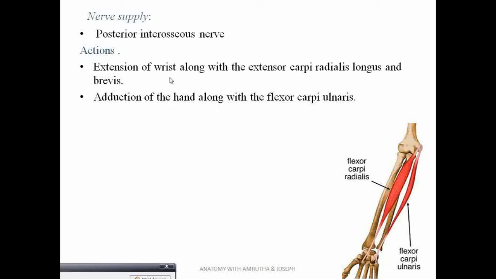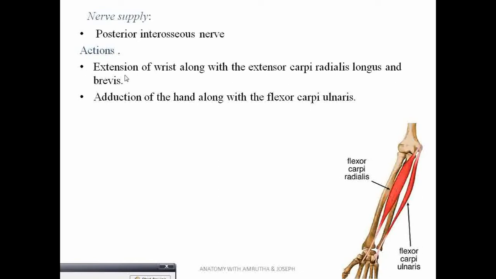Actions. So there are two muscles shown here: flexor carpi radialis and flexor carpi ulnaris. We'll see when we see the action of it why we have put this diagram here. So action of extensor carpi ulnaris is extension of the wrist along with extensor carpi radialis longus and brevis. So along with these two muscles, that is extensor carpi radialis longus and brevis, it causes extension of the wrist